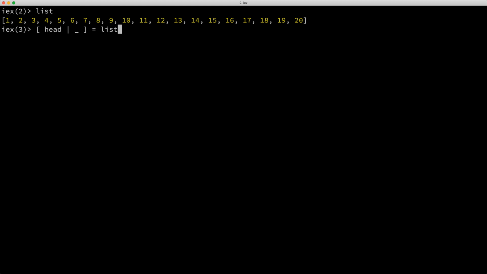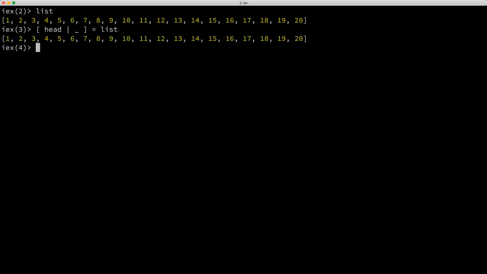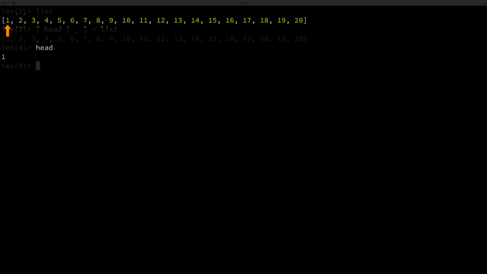So here's how you can interpret or read this expression. It basically says, I want to grab the first element of this list and bind it to the variable head, and I don't really care about the rest of the list. So what's the assertion being made in this expression? Well, the only thing that's being asserted is that the value on the right side must be a list with at least one element. And as you can see, this expression seemed to work. We didn't get an error, and the value that the head variable is bound to is the number 1, which is the first element of the list.